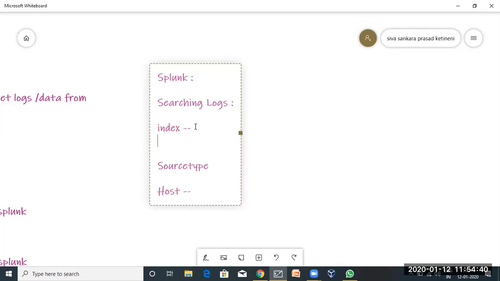Mainly, different indexes will be created based on each log file or file type. For example, if you are searching for network logs, like the firewall log, the firewall log may be configured with an index name of firewall, or ASA firewall, or Cisco ASA firewall. So based on the log type, they segregate with the name of index as well as source type. Both will be used in